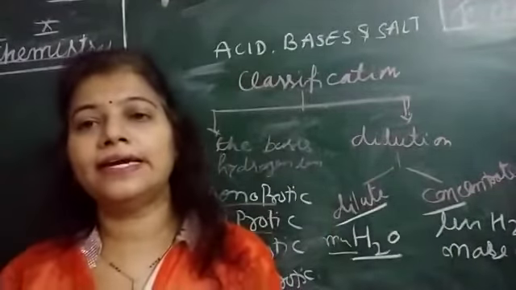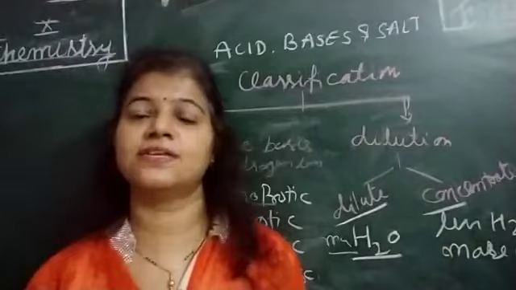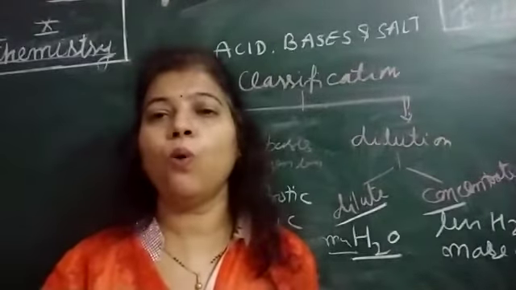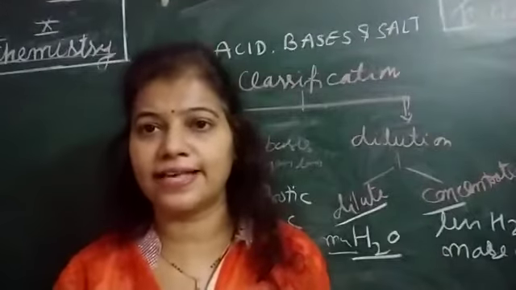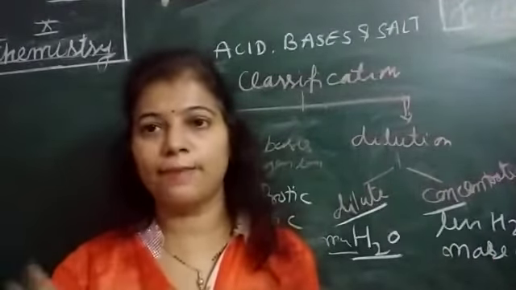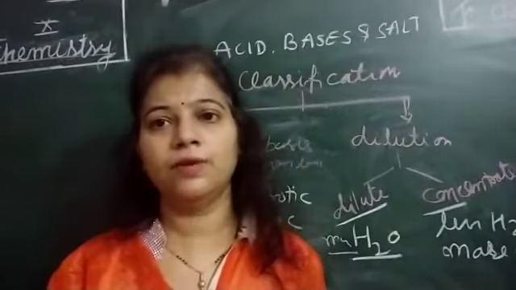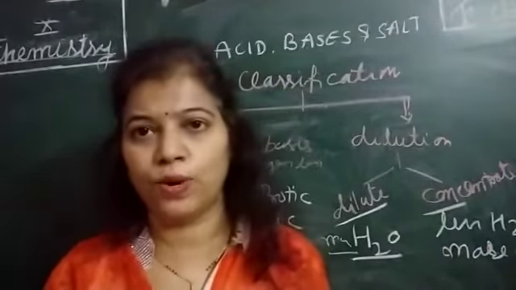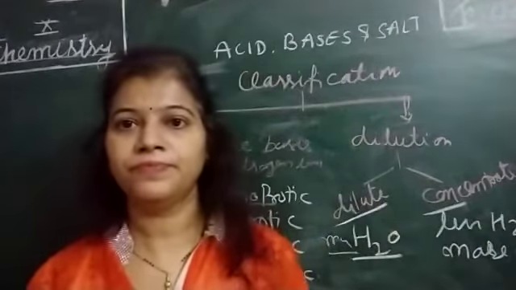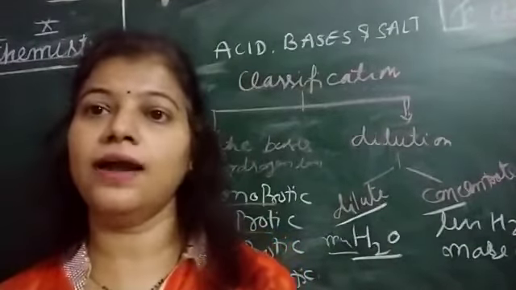So you got a clear idea about acids. What are acids? How can you simply identify an acid, and what is the classification of acids? Is it clear about the acid? We will learn in more detail about the properties afterwards. First we will discuss the base. Clear? So now we are going to start base.